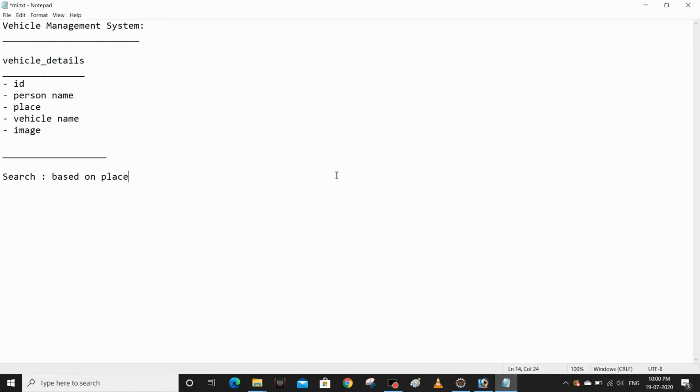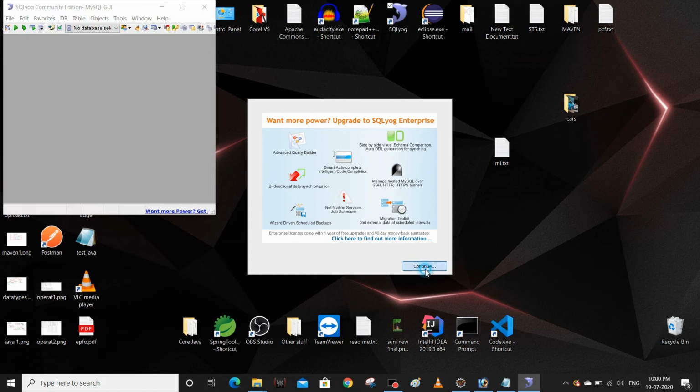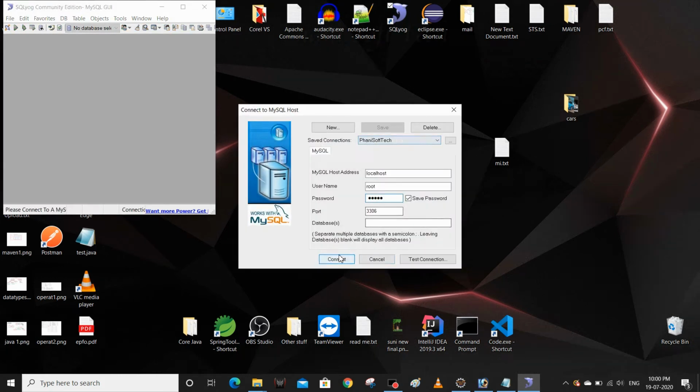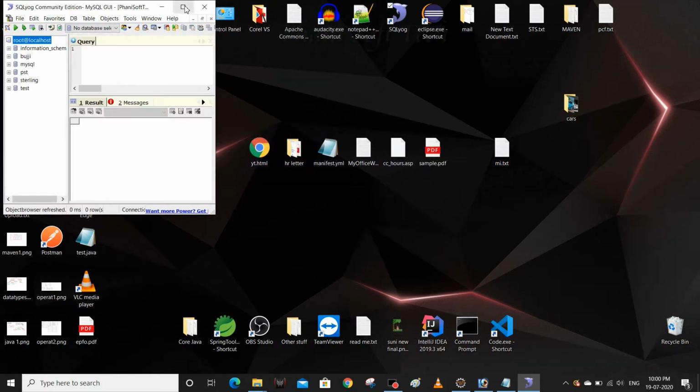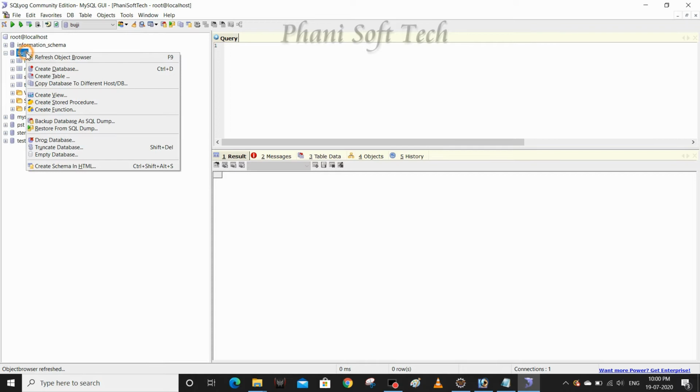Strictly go ahead and create the table. I'm going to use a MySQL database here. Inside the database I'm choosing, I'm going to create one table.